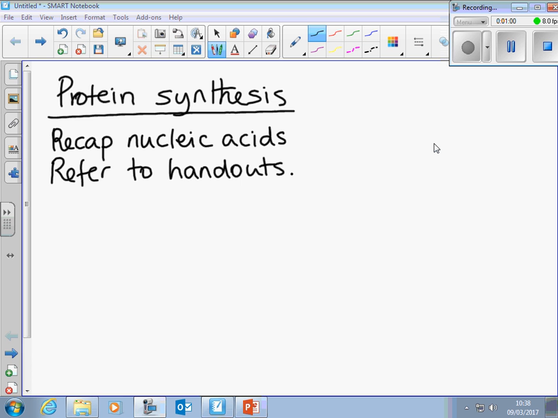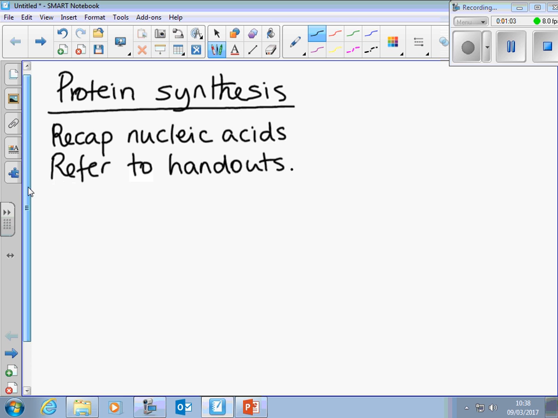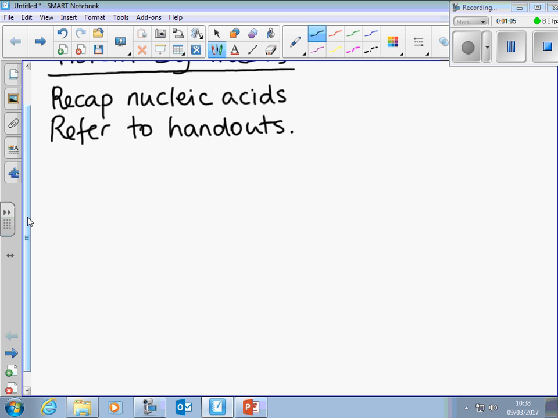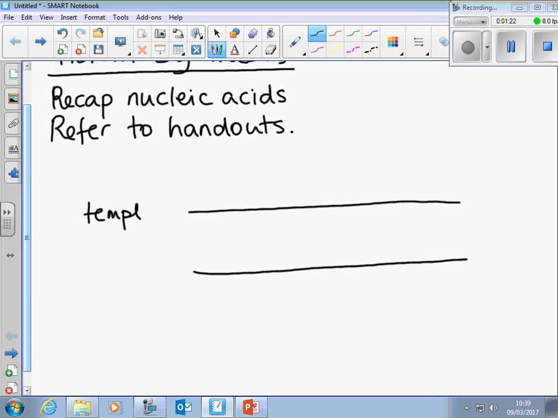Now, I'm going to start in a slightly different place from where I was when I was teaching this over the last two sessions, and start by talking about the nature of the information held in DNA. DNA, if you remember, is a double-stranded molecule. It's two polynucleotide chains. One of these is described as the template strand. The other is described as the non-template strand, and that's also sometimes known as the coding strand,